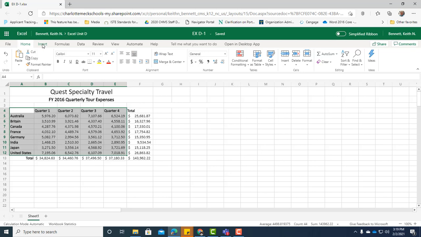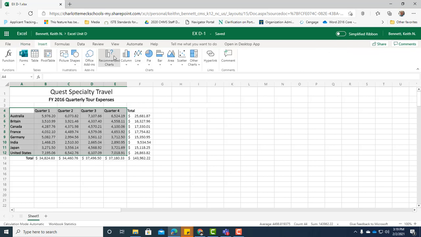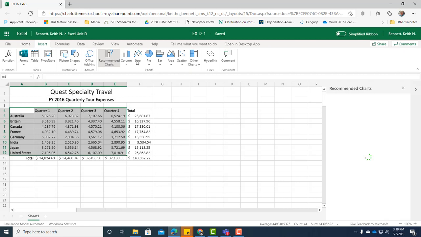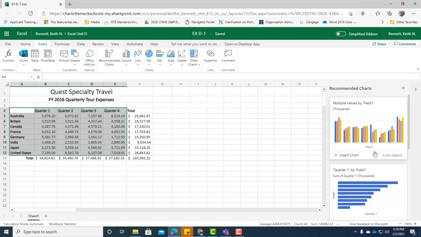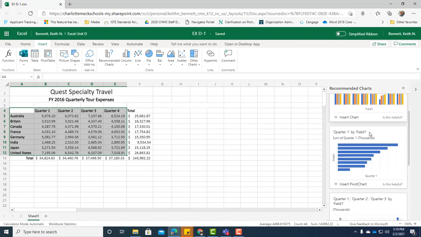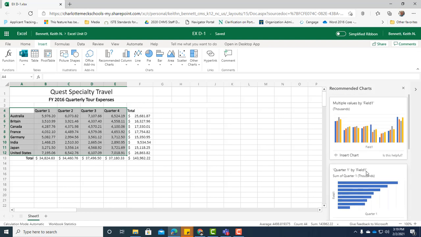So as you might expect, you're going to go under the Insert tab, and I'm going to click this Recommended Charts button, and over here on the right, it's going to open up and analyze the data you've selected, and you see some of the different chart types that are available to you. Now, this is a column chart that you see here. This would be a bar chart, but it only is showing apparently 1 field worth of data. I can look at this and tell, it's breaking it down by quarters, and it's only showing you one of these countries'